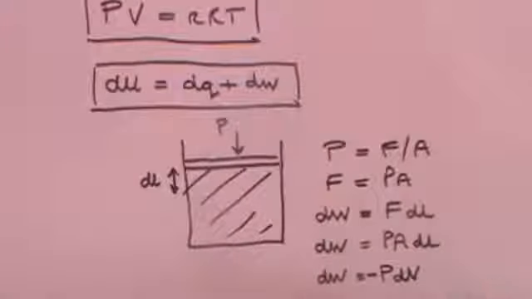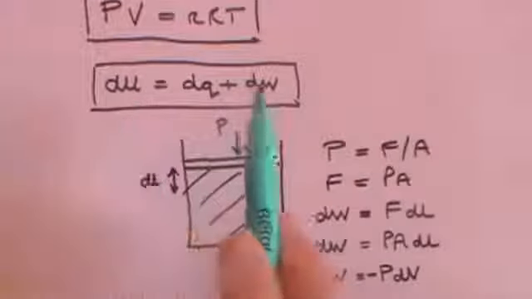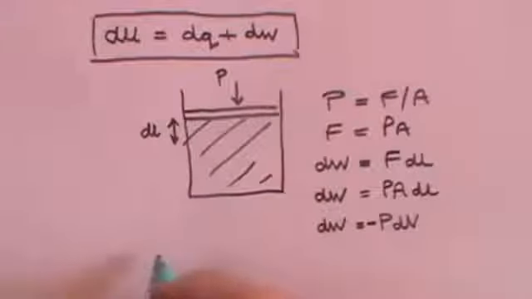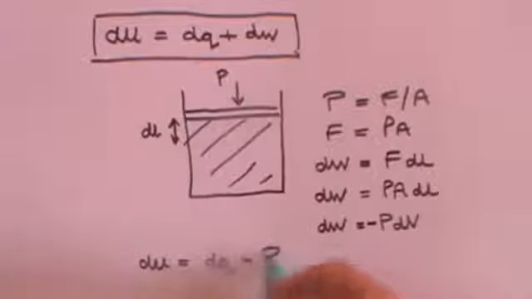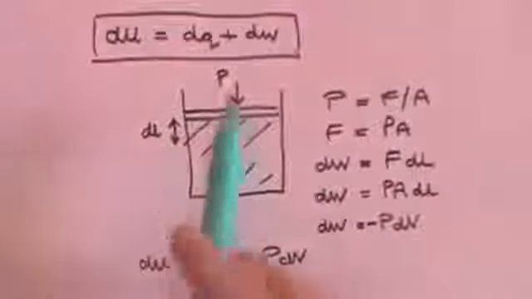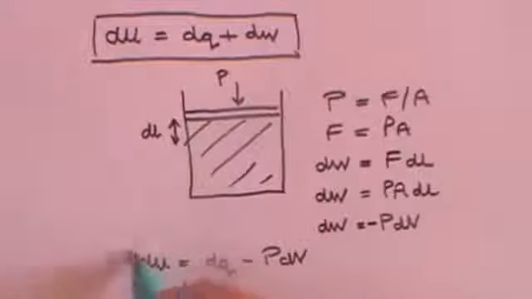We can also see that if there is no change in volume, then there is no work done. So that's an important principle. If the volume doesn't change, then there hasn't been any work in or work out. Now, if dW equals minus PdV, then we can rewrite the first law of thermodynamics like this. We can say that dU is equal to dQ minus PdV, because minus PdV is the same as dW. And that's another formula that we will need